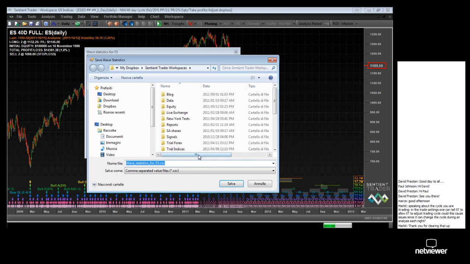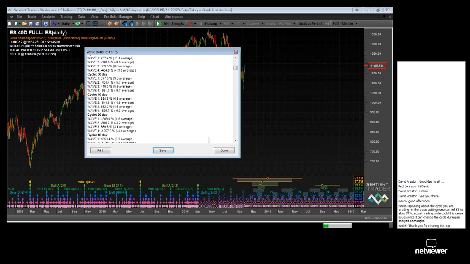is really a pretty challenging thing, and that's what I'm going to speak about in a moment. But instead of simply reading them, which you can do by looking at this window, the best thing to do immediately is to save them. And you save them as a CSV file, which is a comma separated value file, and you can save it